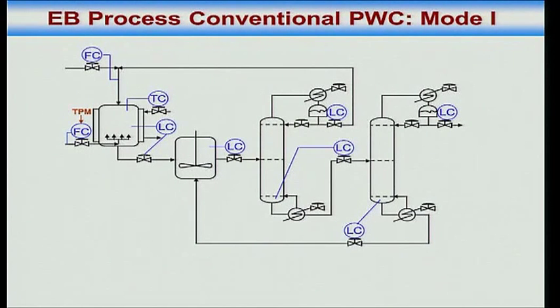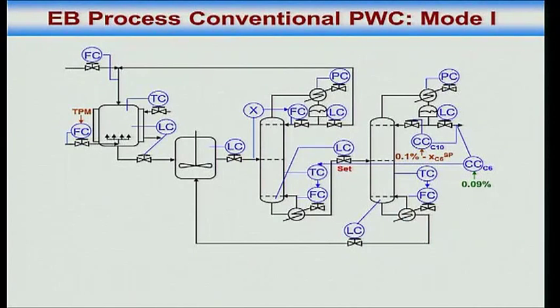These are the level controllers on the column as well as on the reactor, pressure controllers on the column. Yeah, and then you are maintaining reflux to feed ratio in column 1. You are maintaining temperature of the stripping section by adjusting boil up in column 2. Okay, and then you are maintaining the product purities in this way. Does this make sense? This is a conventional control system.